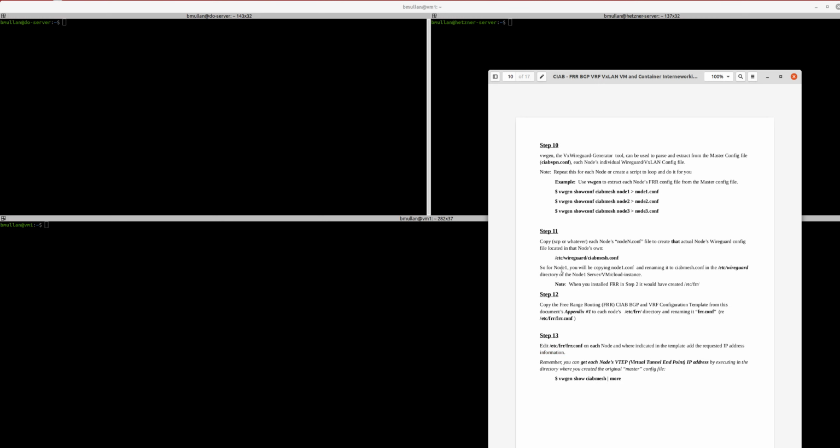Oh, we're on step 11. Sorry. We've copied all that to each node using the template. And now we're going to edit each node in step 13. We're going to edit the FR.conf file in each node and change or add IP addresses where we need them